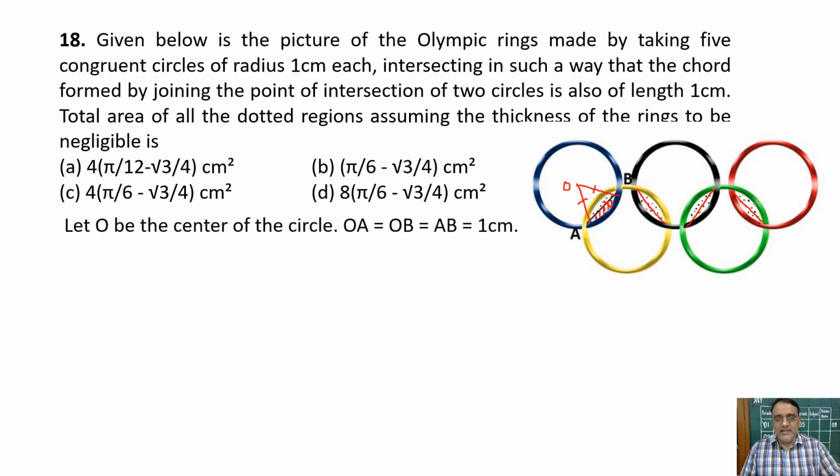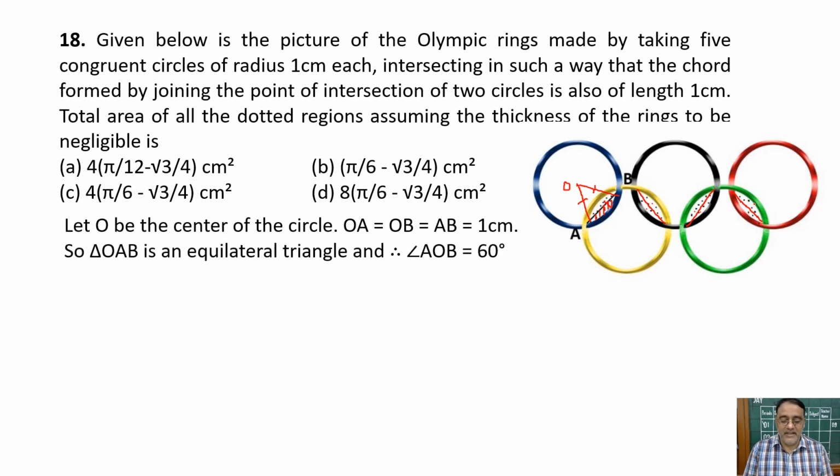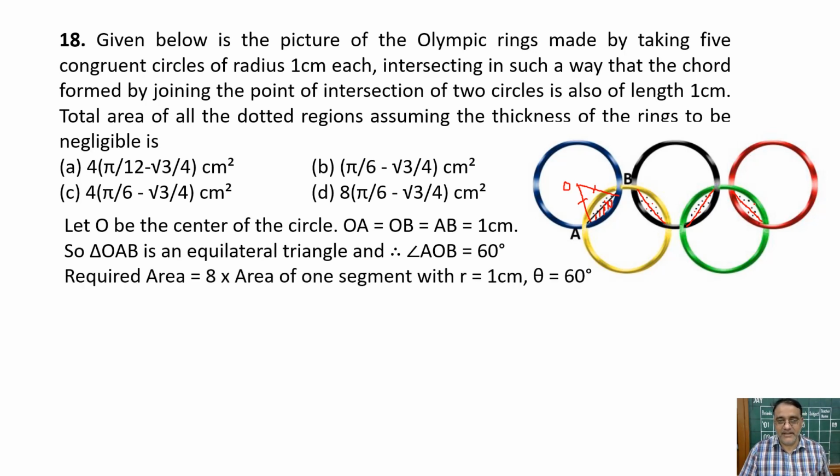Yes, sir. Right. So O be the center of the circle. OA is equals to OB is equals to AB is equals to 1 centimeter. So triangle AOB is an equilateral triangle and angle AOB is equals to 60 degree. Now the required area is 8 times the area of one segment, right? And what is the area of one segment? It is nothing but